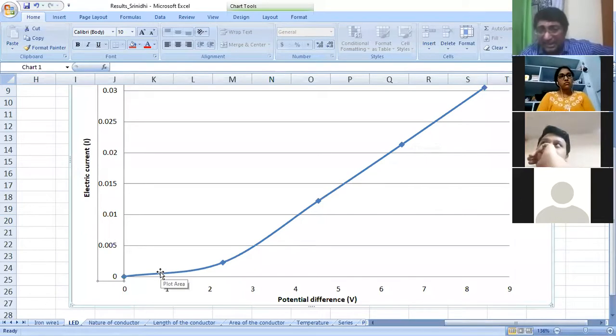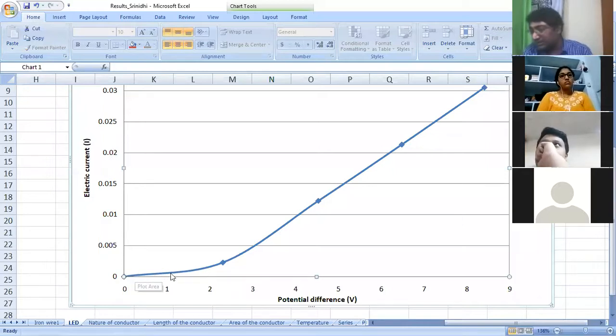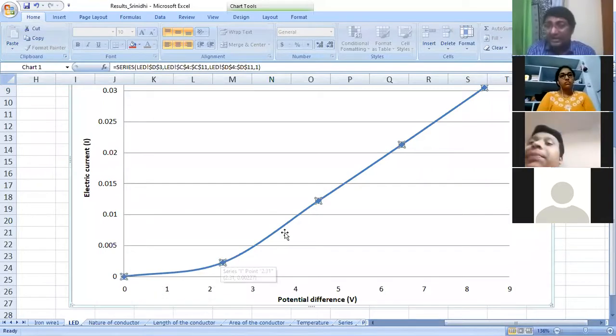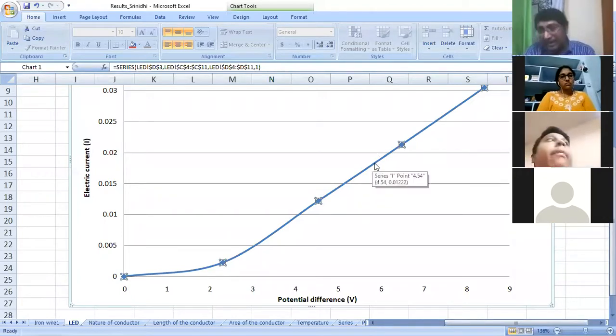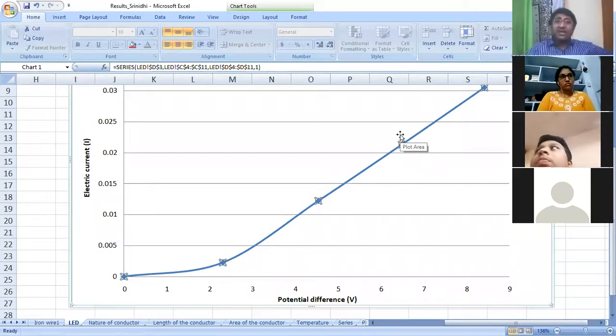Initial resistance is high because of that low current. You can see this line is very close to the x-axis. Whatever you're seeing here, very close to the x-axis, that means high resistance. Later over here, the resistance has decreased, and there is further decrease. If we keep on doing this activity, at some point, this particular line would go a little straighter towards the top. It will be the lowest resistance possible. Okay, so that's about non-linearity and the LED bulb.